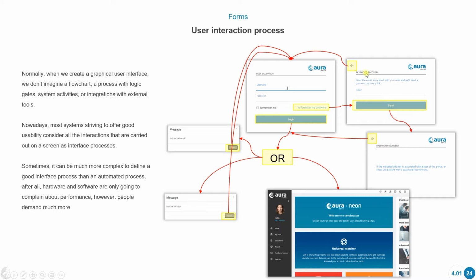Besides this interface, you're supposed to be able to go back to the previous one, and you should also be able to send your email to receive a password recovery message. Besides, there are more possible interfaces that you might see. Maybe if you try to log in, it might tell you your password is incorrect or the login is incorrect, or if you've done everything correctly, it might take you to your employees portal or your external portal. So there are all these different steps and all these different connections between all of these different interfaces, and we have to learn how to do this correctly.